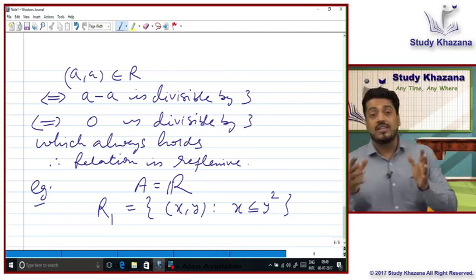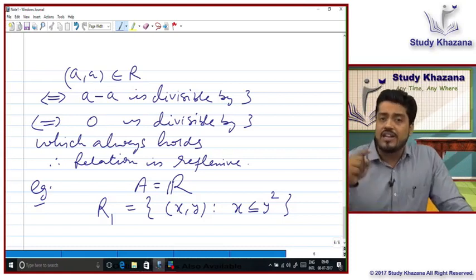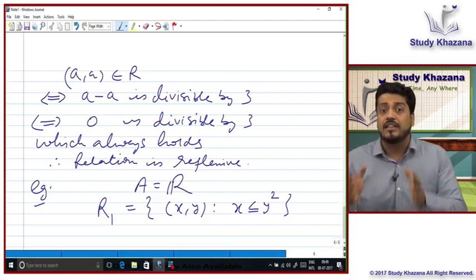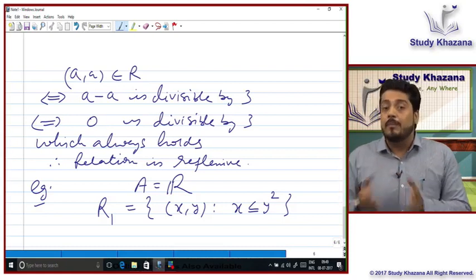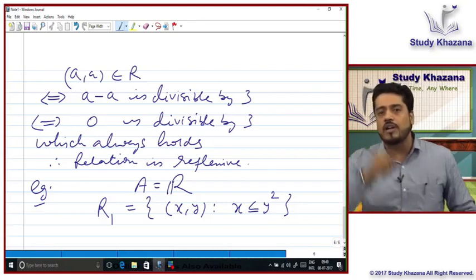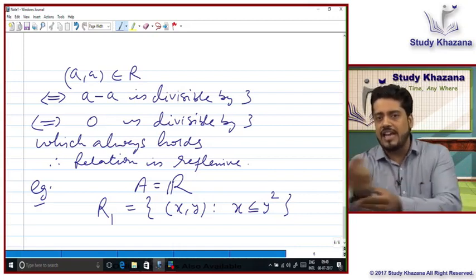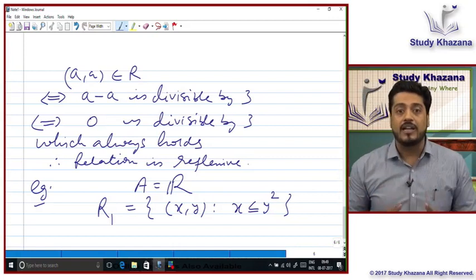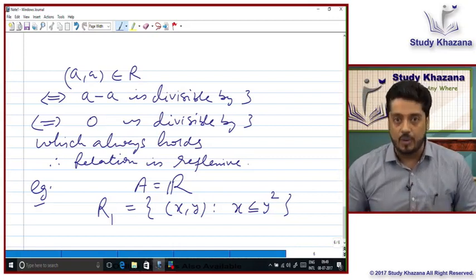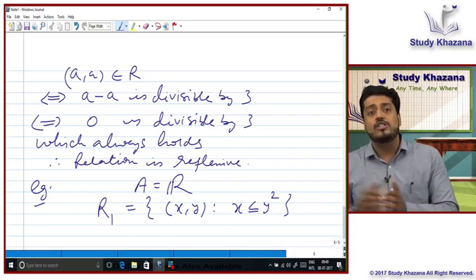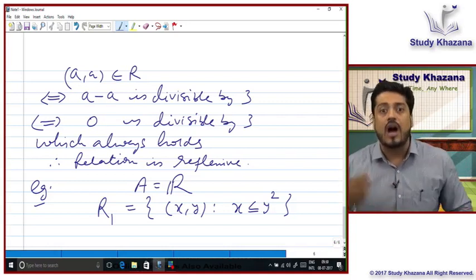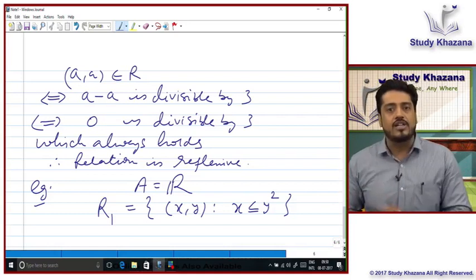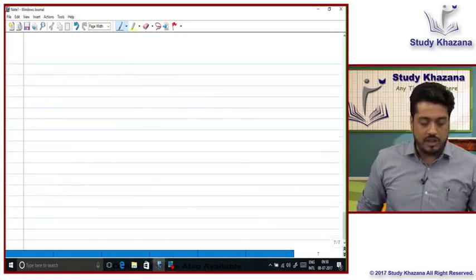Because there is a very important point. If you want to prove a result, then you have to prove it in 100% of cases. That means there should not be even one case left. But if you want to disprove something, disproving is very easy. Why? You produce just one counter example against it, to show that in this situation the statement does not hold. So in mathematics we cannot take it as a general case. Here also the question is: show that R1 is not reflexive. So I need to produce at least one counter example which will violate this condition. So let us check how we can proceed with the example.